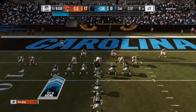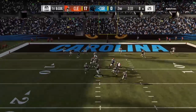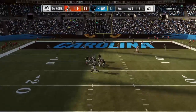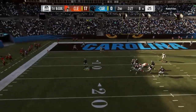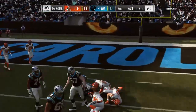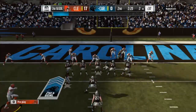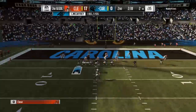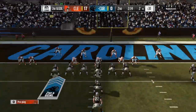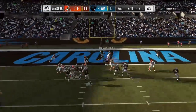Now a play fake here on 1st down. Now he'll escape to his left. Now he's got it. And he's able to get it down to the 2-yard line. That'll bring up 2nd and goal after the gain of 5. A good way there to have him bounce back from the interception last drive. Something underneath, a little bit of rhythm going. I know the best ones in the league have supreme...